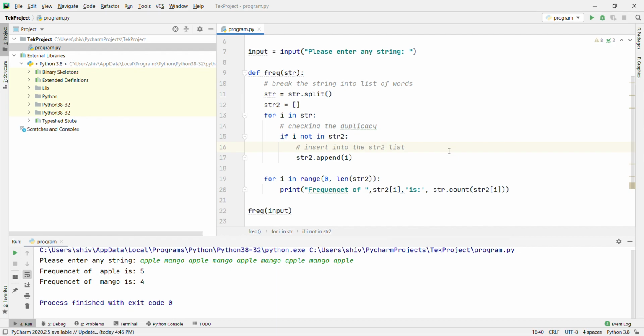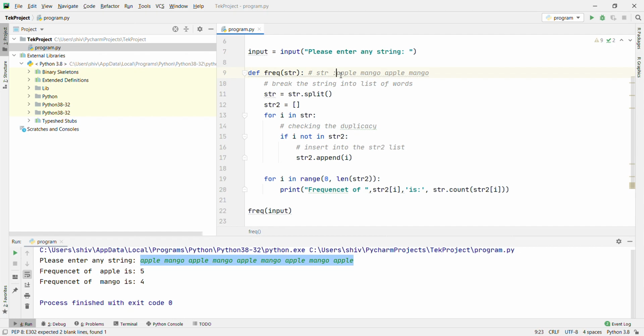Okay, let's take as input parameter apple mango, apple mango, apple mango. What is happening here? This input parameter is what we are going to pass here. All the string, apple mango, apple mango, is coming here, right? All the input parameters we are passing will come from line number 22 to line number 9.